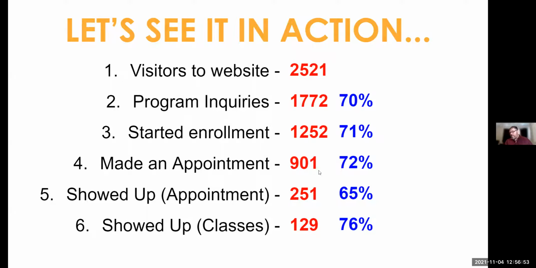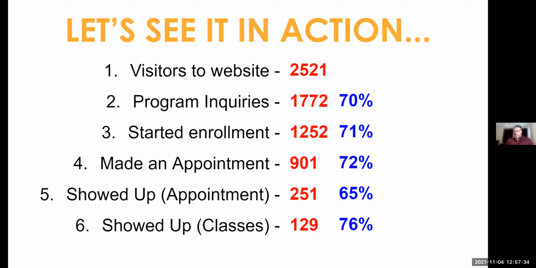Then in this example, a good number, 72% of that number completed and made an appointment. Again, it's about the same, 3 out of every 4. That's the minimum goal that we're striving for, is to try to get 3 out of every 4. If we can do better than that, we're excited. If we're not doing as well as that, it's probably an indicator of a problem that has to be fixed on that side of things. Then in this scenario here, and I think this is wrong because I think I changed this and I did not change my numbers.